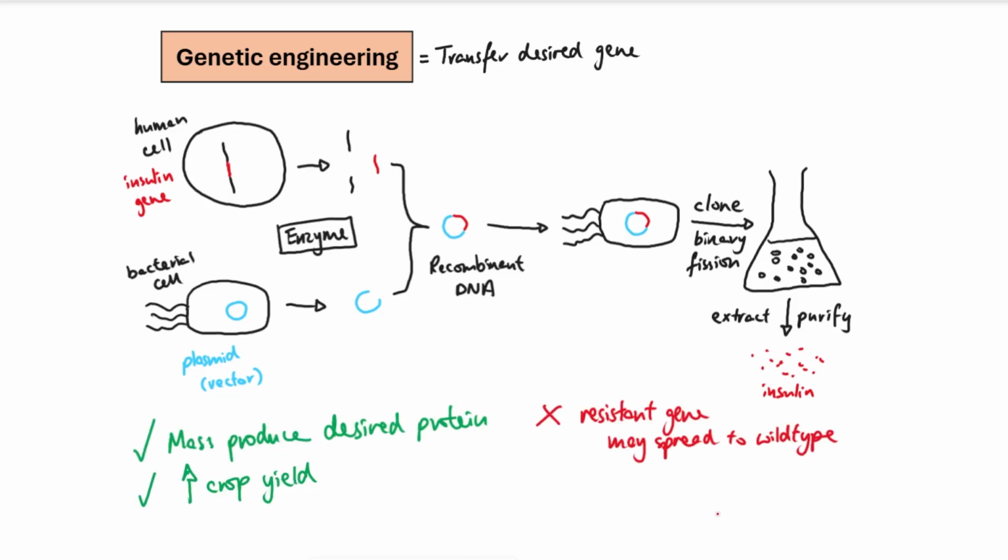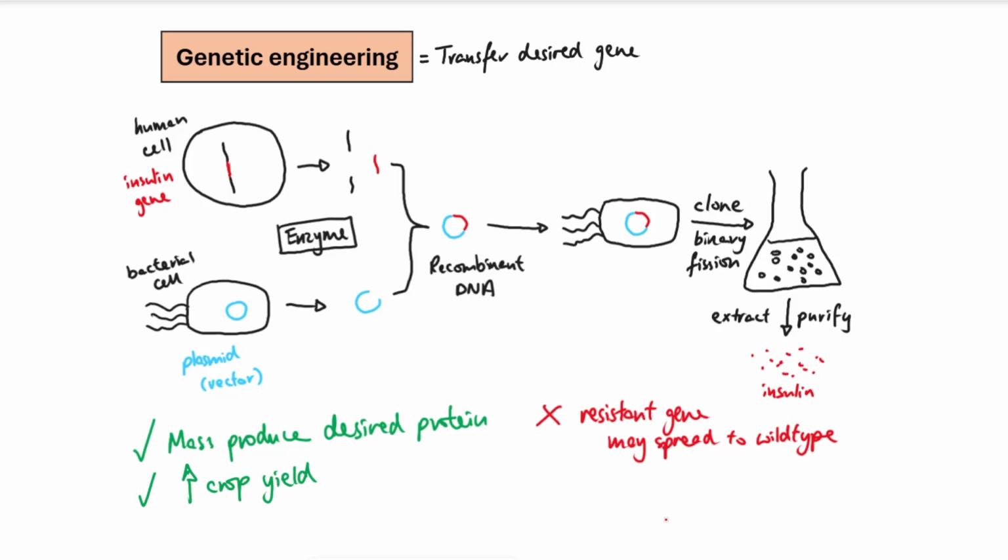So first concern is that the resistant gene might be able to spread to the wild type plants. So normally speaking, the GM crops or GM plants will be grown inside a very specific greenhouse, and they have very strict rules in place to make sure that you are not carrying any potential genetically modified seeds, for example, or plants out of the greenhouse. But the thing is, sometimes accidents do happen, especially if you're growing them in a farm instead of in a greenhouse, and the plants are able to crossbreed with other species,